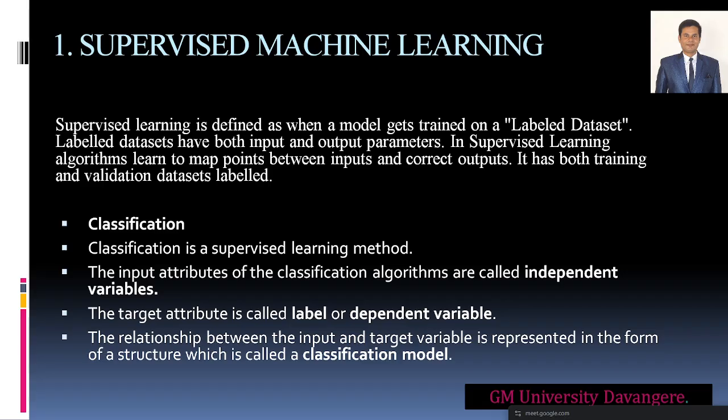In supervised learning, algorithms learn to map between the inputs and correct outputs. So you have certain algorithms, certain techniques you have learned from your teachers, right? Your teacher is providing the inputs for you, and you have developed certain algorithms. Based on the algorithm, you try to execute those programs, and it will give the expected output. That is the correct output it will provide, right?